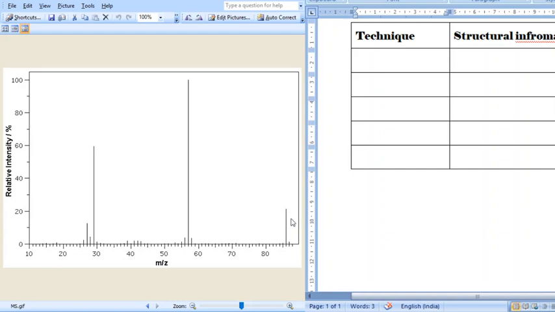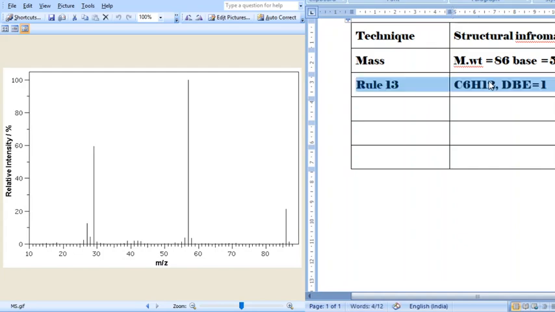And if you see the difference in the pattern here, it is around 29. This is the information we get from mass spectra, right? Let us see the other spectra. Since we have seen the molecular weight, that is 86, we can apply the rule of 13 to calculate the molecular formula. This is the molecular formula calculated using rule of 13. Using that molecular formula, we can also calculate the double bond equivalent, that is equal to 1. This may not be exact, but yet we can do it, no issue in that.